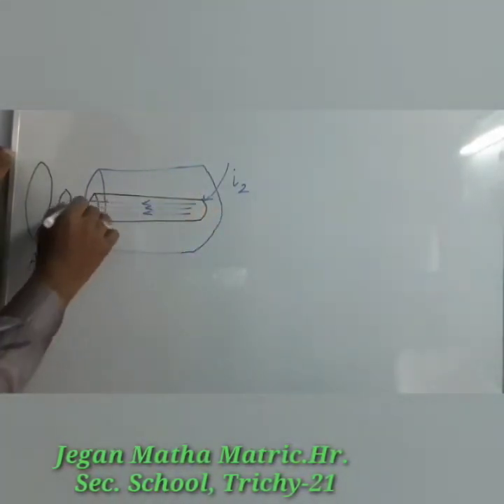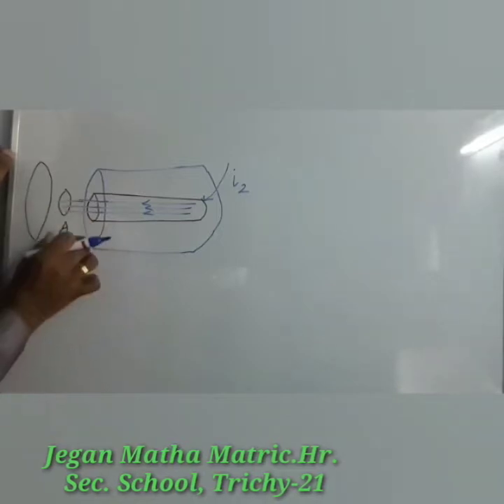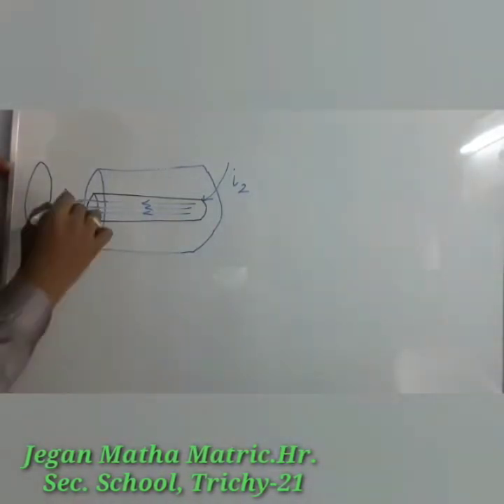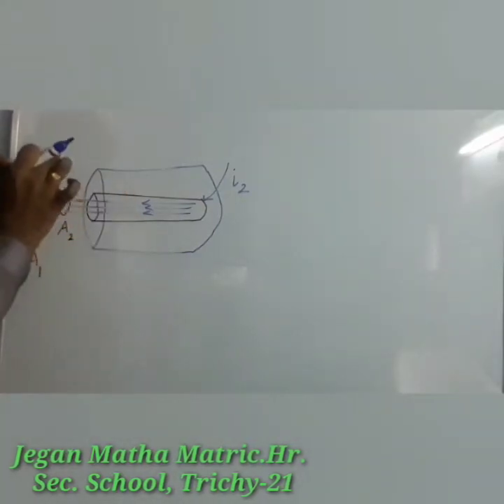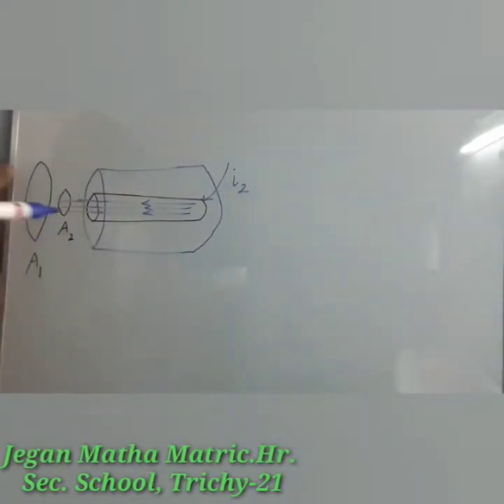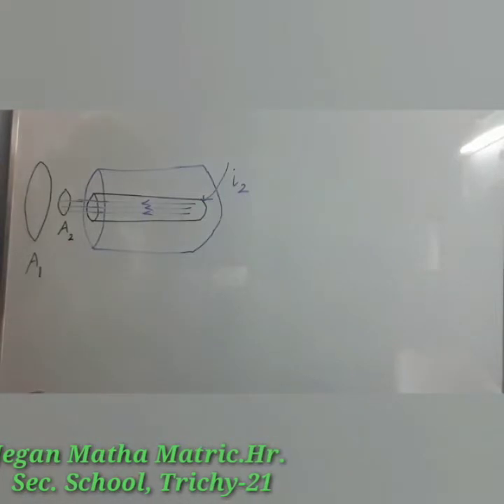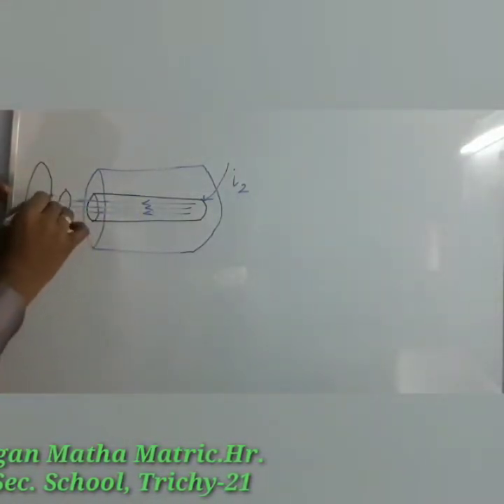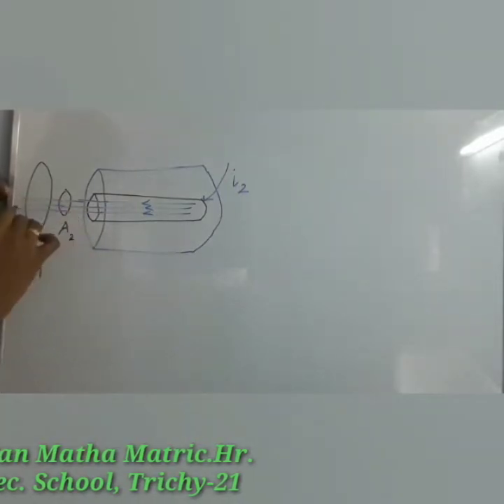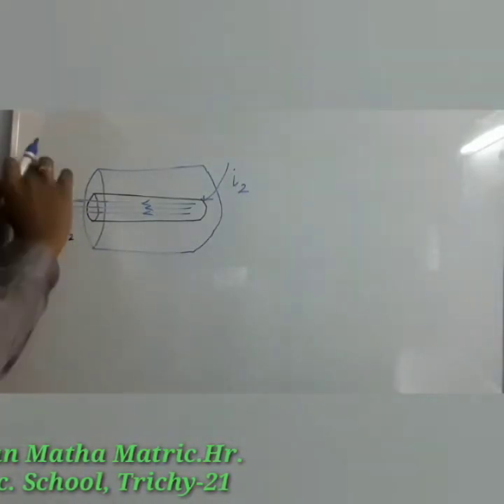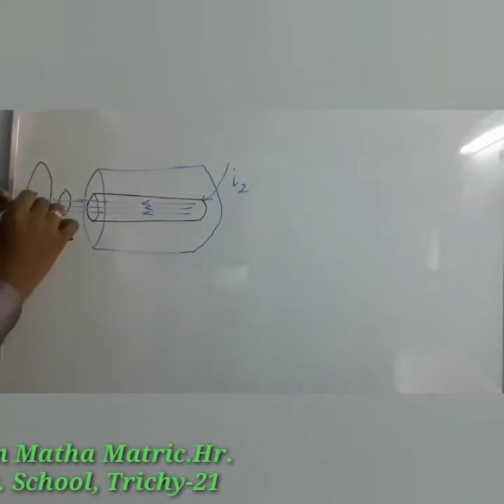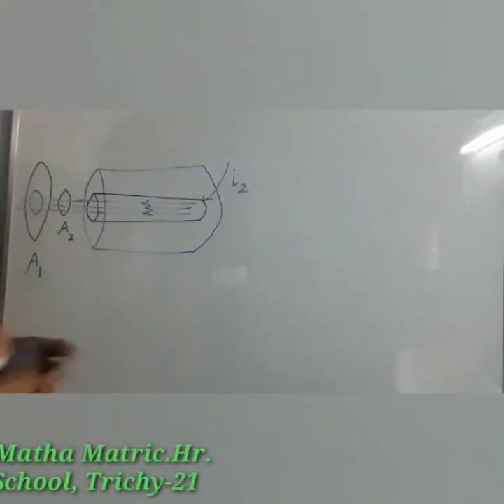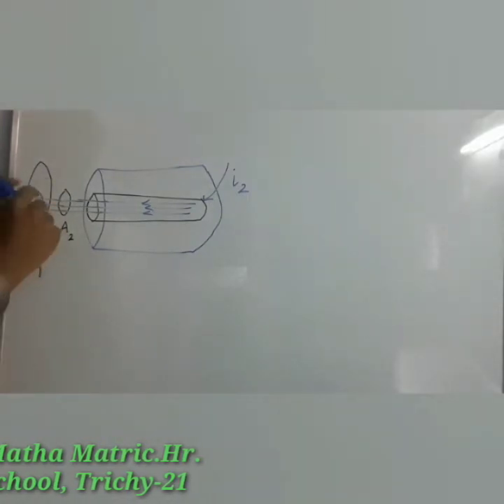So the field lines are passing through the area A2, that is nothing but the area of the second solenoid. That will not cover the entire area of the first solenoid, that is A1. Only in a small portion are field lines passing. We are going to consider that small portion, not all the area. The small portion covered by the magnetic field lines is what gives the magnetic flux. So magnetic flux is available only in this